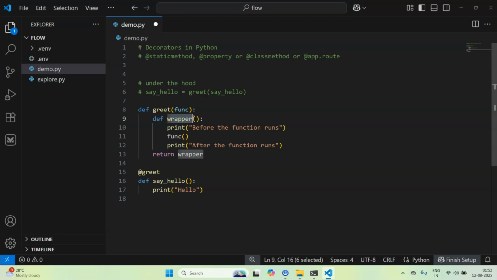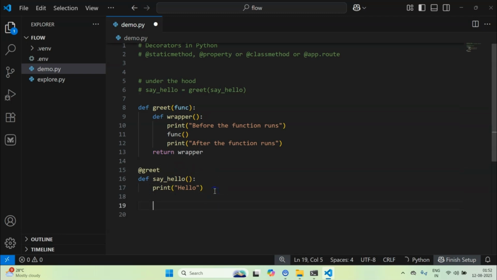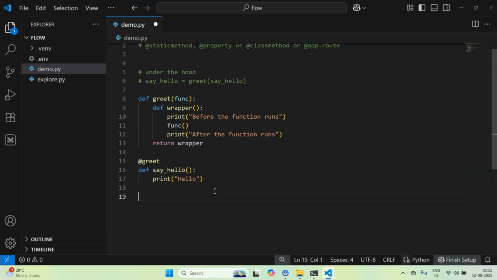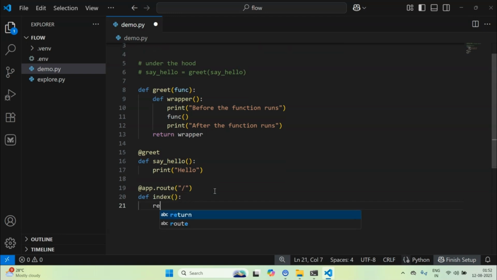So where have you seen decorators before, even without noticing it? You might have seen it in several places, and you might have also used it in several places. One of the classic uses of decorators is seen in Flask. So Flask uses something like app.route, and it also accepts some arguments, and it basically decorates maybe something like an index function, and it returns a view function.